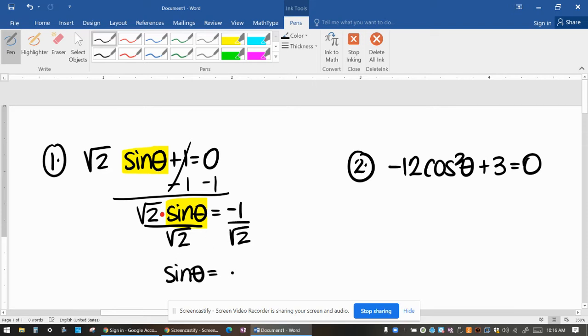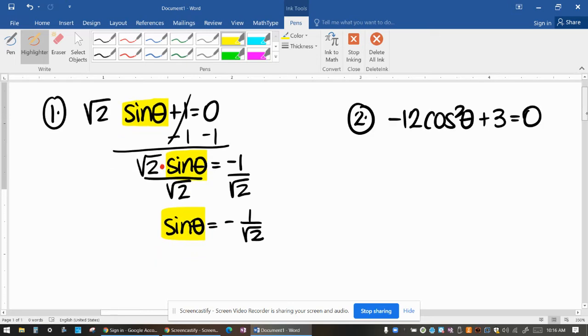So sine of theta is -1 over root 2. Now, for those of you that are like, but miss, you've always told us that we can't have a root in the denominator. Well, that's an improper way to write an answer, but technically -1 over root 2 is not our final answer. It's only there to help us remember that they're asking us what angle, sine of what angle is opposite over hypotenuse, or whose opposite and hypotenuse is -1 over root 2. So feel free to rationalize it and write it as -root 2 over 2, but I'm going to leave it like that